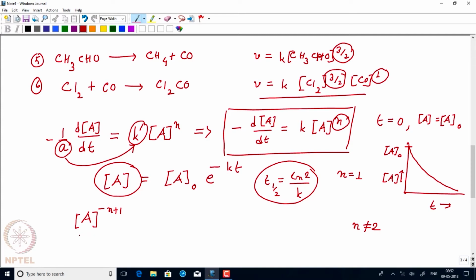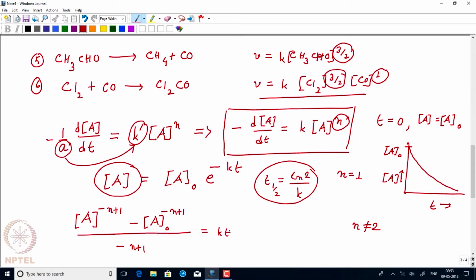It's a very simple integration, and you can look up the textbooks that are recommended, or you can also look up the YouTube videos for the course on thermodynamics and kinetics, or introduction to thermodynamics and kinetics. And we'll have A raised to minus n plus 1, divided by minus n plus 1,